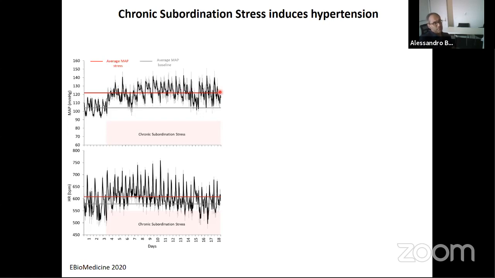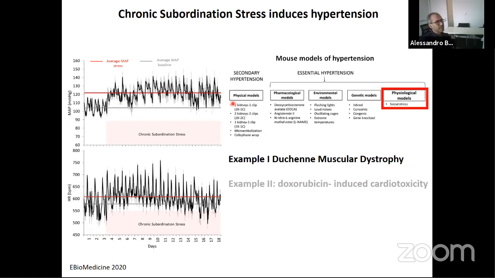So this is pretty impressive and exciting to me, and we are now spending a lot of time working on this concept and this idea. And it's also important because it adds social stress as one of the possible models that we can use to study hypertension in humans, which is not trivial because this model is pretty spontaneous. The animal developed this hypertension spontaneously, without any genetic manipulation.